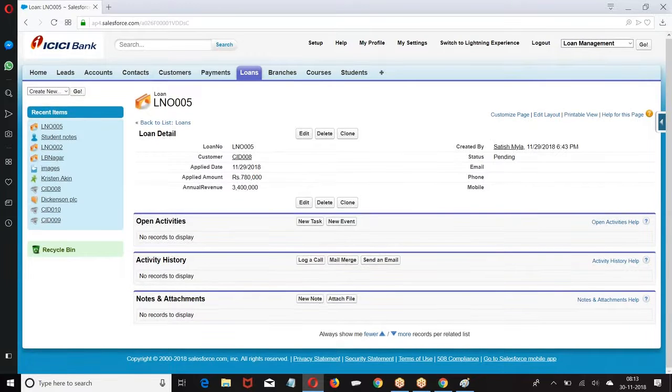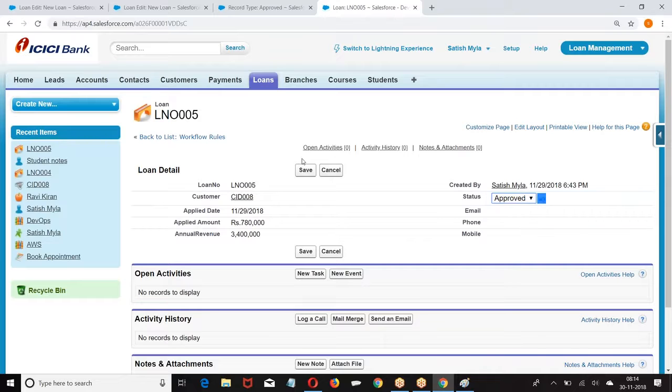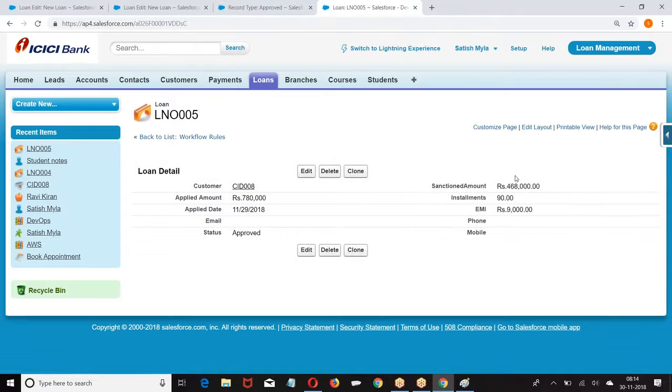What is the record type that is visible to him? Applied amount, applied date, annual revenue, status, email, phone. Right. Now I am going back to this, changing the status to approved. The moment the status is approved, what happened here? The way you are looking at the record is changed. What was that? Applied amount, sanctioned amount, EMI. Are you getting my point here?